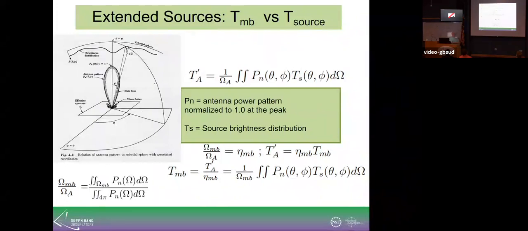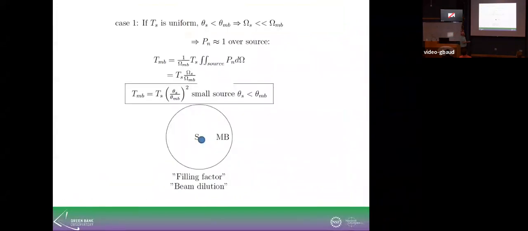That makes the integral easy to do. Even I can do that. That's 1, so you can pull that out. Then it's basically the T main beam is just your source power integrated over the main beam. So it's the integral over the source, excuse me. So it's just a ratio. And this